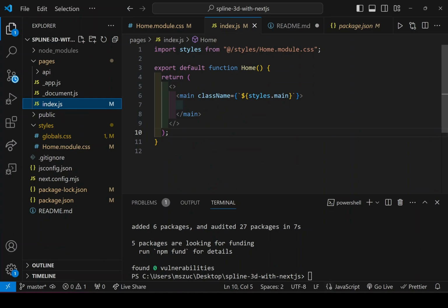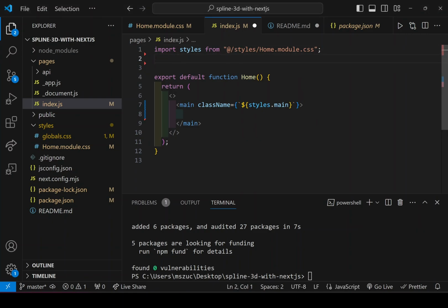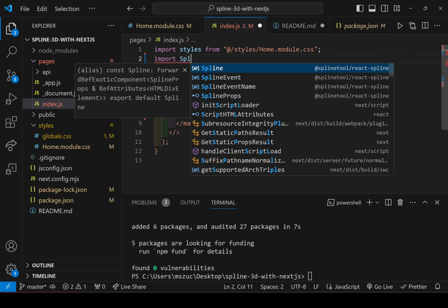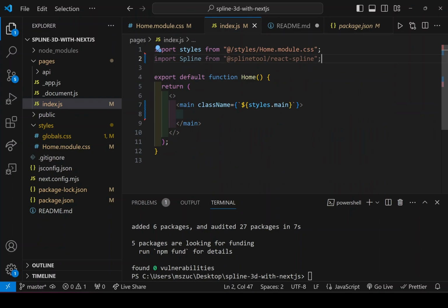Now let's try to actually add something with Spline in our actual project. So let me see if I could. I'm going to also here in the main import Spline, because I will be using Spline shortly when I'm done my design. So I'm going to go now to the online application.